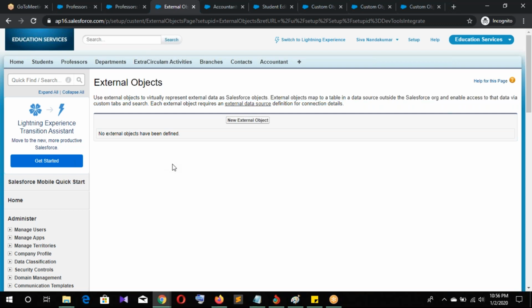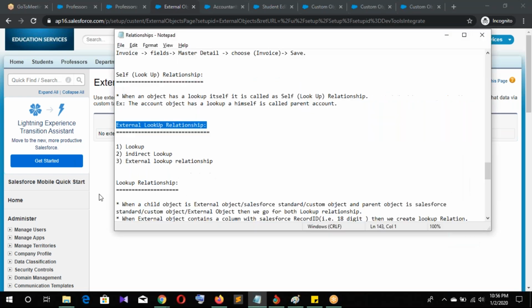Tomorrow I can explain to you how to install the package, how to merge that package to the external objects, and how to create the indirect lookup and external lookup. I can't read what you're showing on this document.